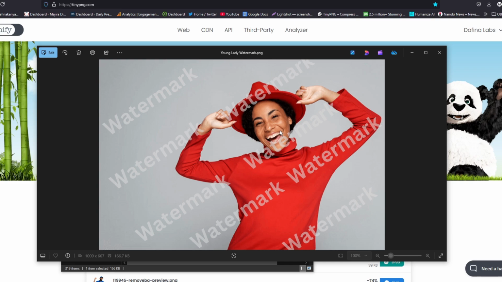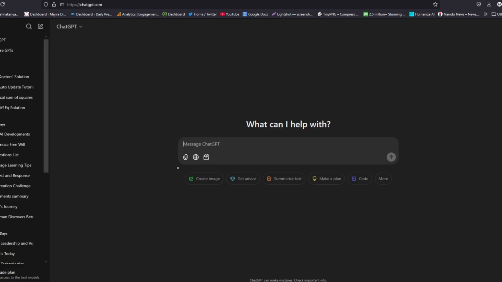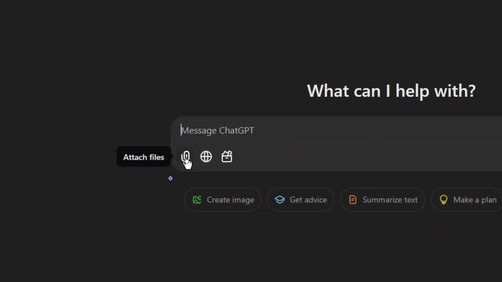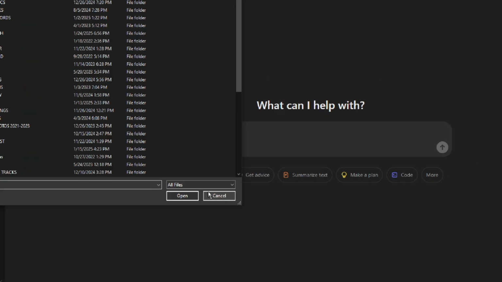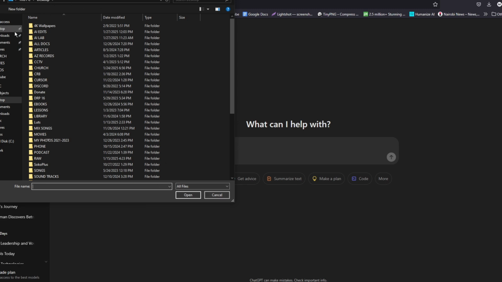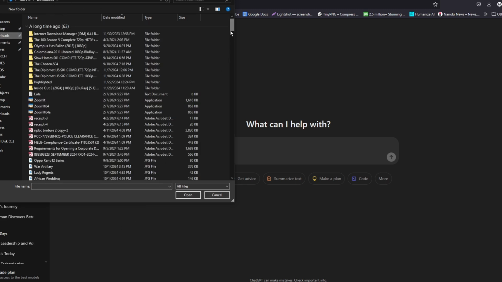but without a watermark. Now, to begin, we shall use ChatGPT, and what we need to do here is just to upload the image with the watermark first. And to do so, just click on the image file here for us to attach the image file, and then select the source of your image, and then it will take me direct to my computer, and then select the location of the image and